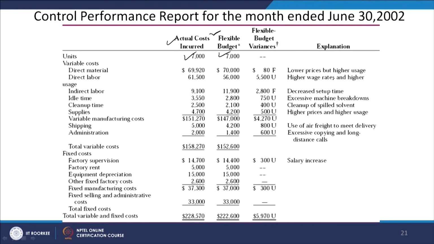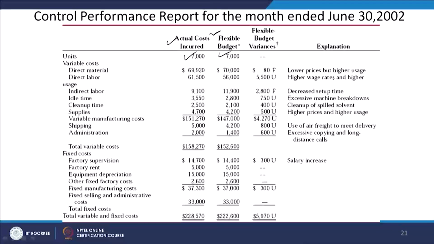And if you talk about the usage of the labor, why the number of hours have increased, that we will have to look for, why more time was used for producing the same level of production. Then we go for the other kind of things, for example now the usage cost, the variance is favorable, we have given a reason, decrease the setup time, then for